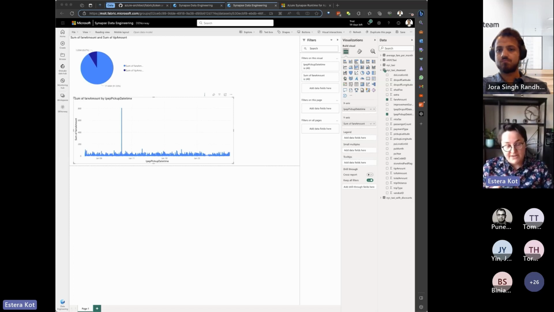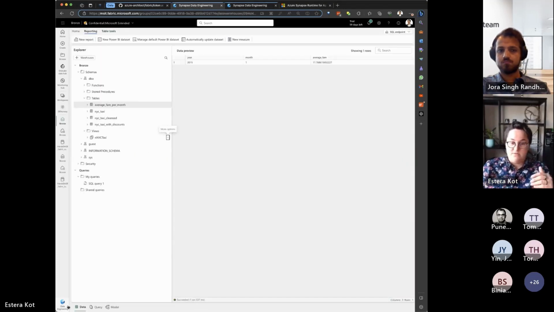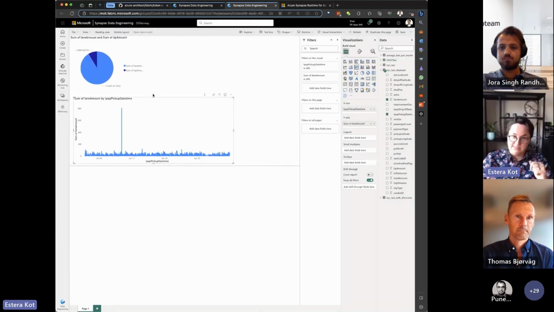And the beauty of Direct Lake mode is that it removes this mechanism, meaning there is no need for the import process, loading this specific data straight into memory. So Direct Lake mode will be the best choice because we will have the data immediately waiting in memory, and you can access it from those two places, meaning from Power BI and going through the data engineering or data warehouse experience and authoring, at the end landing on the same site. But no need to load it.